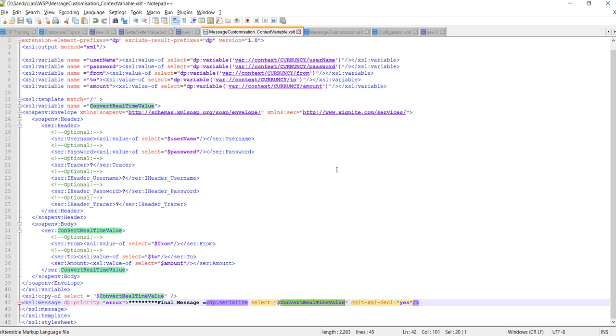So there is another way. Instead of writing 50 operations, we can just simply write only one variable. We'll do the coding only for one operation, and that will automatically replace the static values, username and the password, and the body values like from, to, and amount.